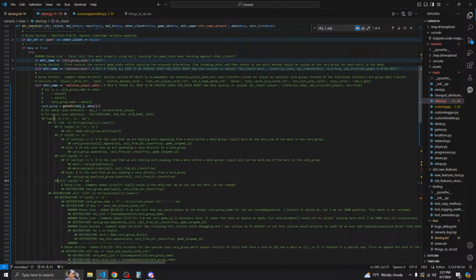And then if tube is PM, tube 1 below is the meld num. We do not use object here, do not change. Let me put the do not change first.